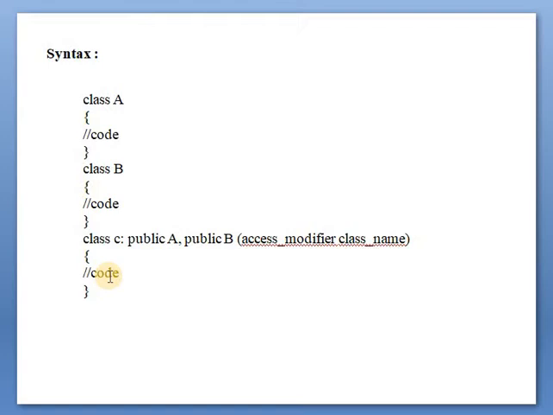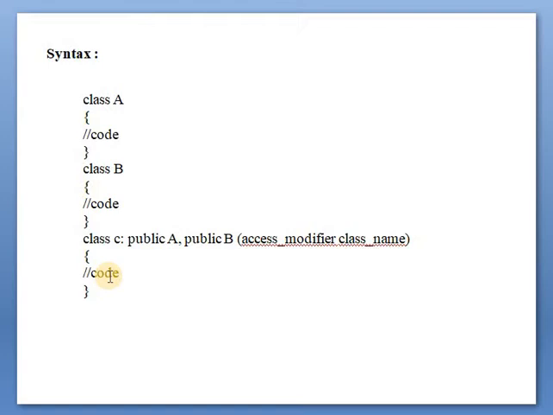See here, what is the difference between multiple and multi-level inheritance? In multi-level inheritance, first we have one base class. After that, by using that base class we create a new class called an intermediate class, and after that by using the intermediate class as a base class we create our new derived class. It is also called a child class. So there are three levels. First one is a base class, also called a parent class. Second is the intermediate class, and third is the child class.